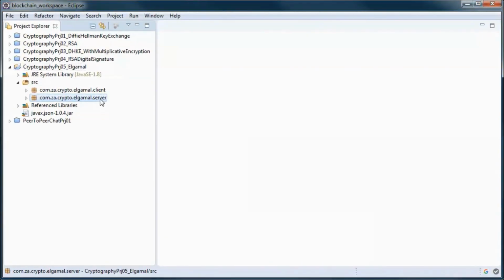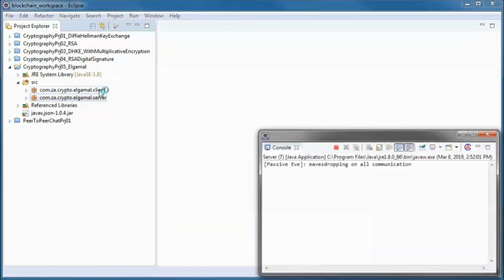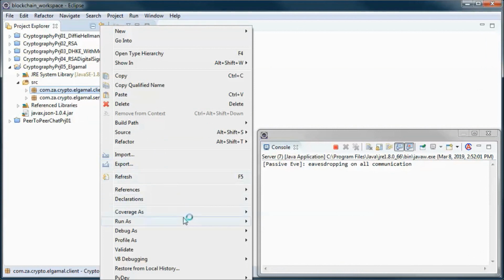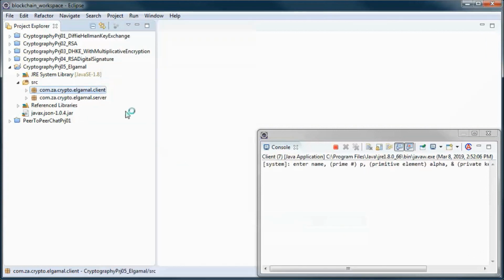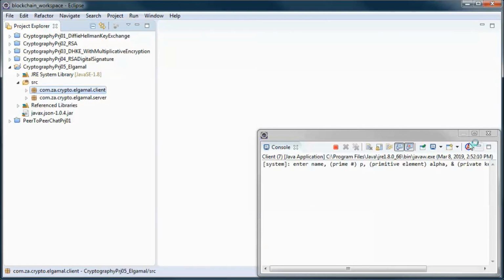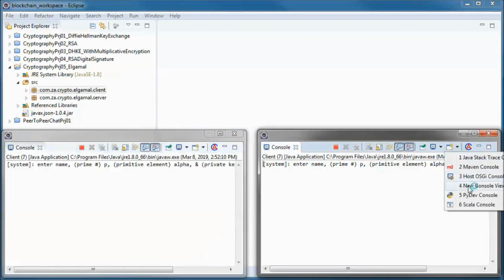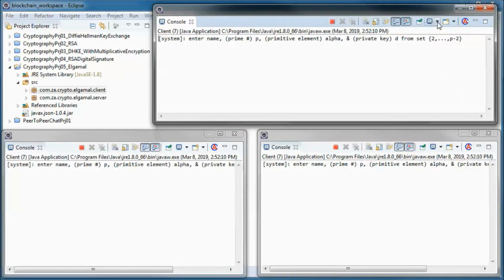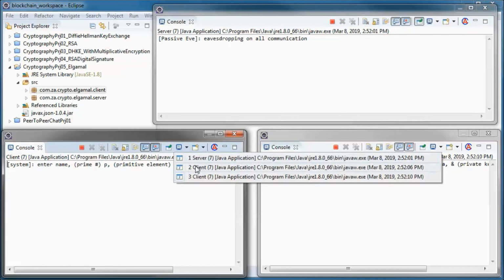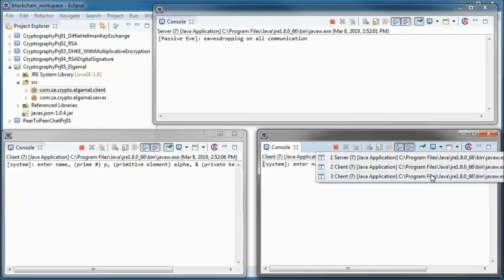And finally, let's go ahead and test run the application. So this will be the server, and this one the first client, and this the second one.